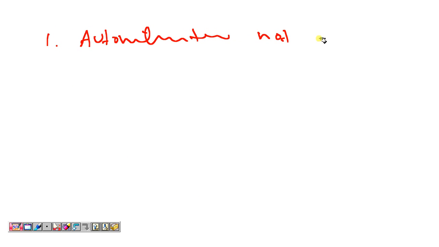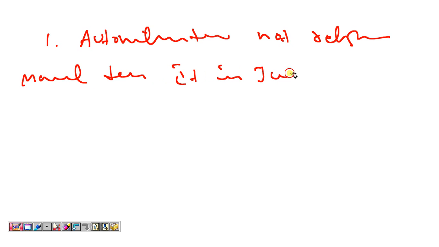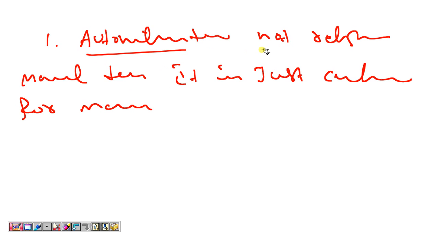Next, what is the relation between manual and automation testing? First point, automation testing does not replace manual testing. It is just a continuation of manual testing only. Okay, and another point is,